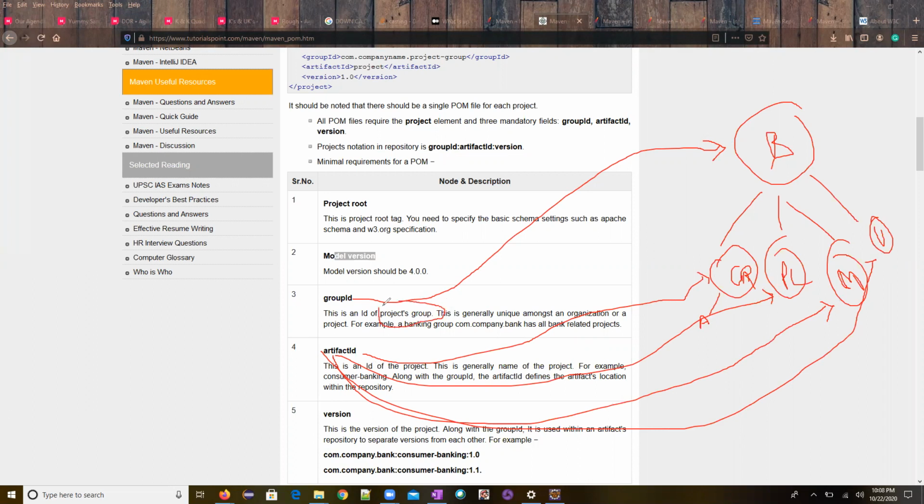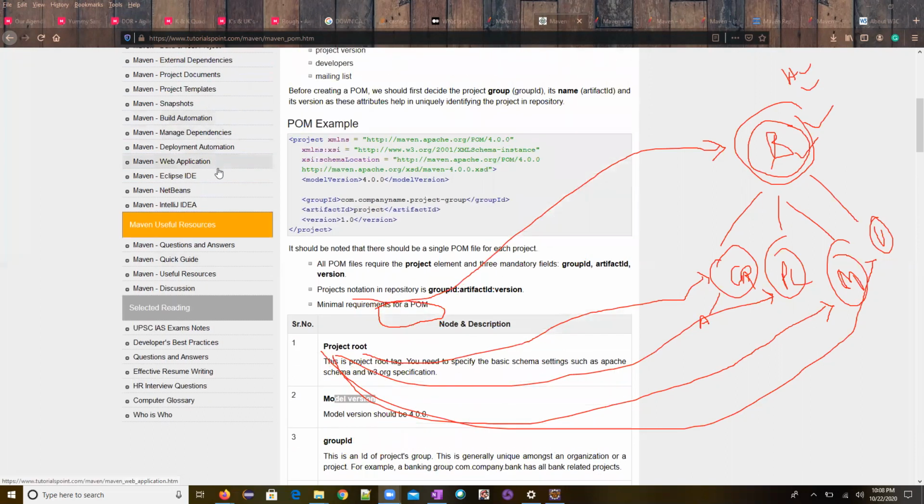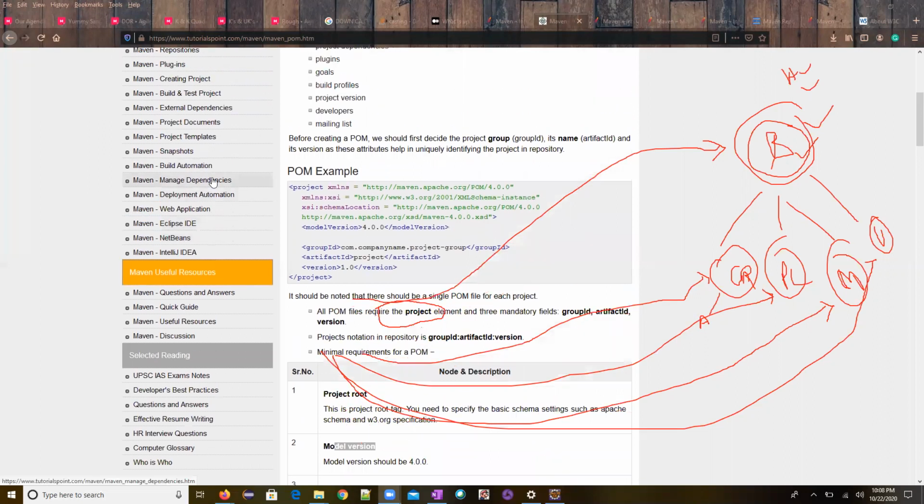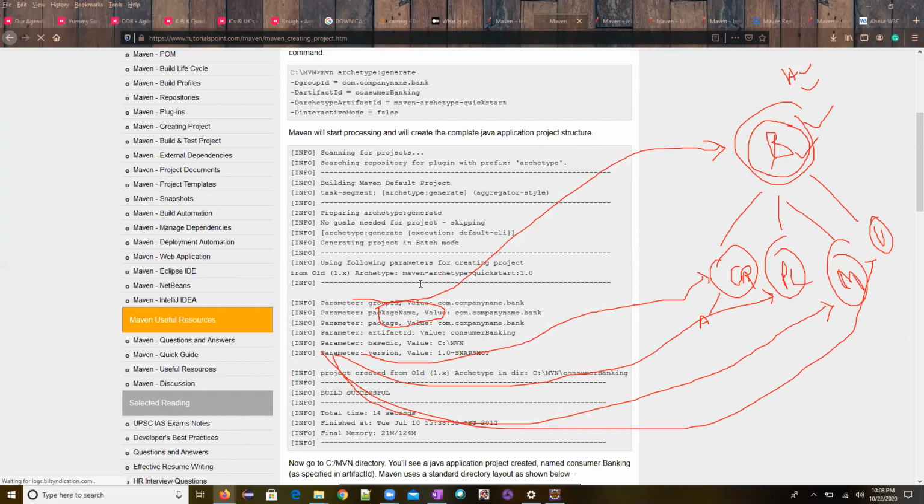The project group means whether it's a banking domain or the health domain, based upon the domains or upon the tools. A unique ID is created in Maven. When you create it in the command prompt, you can clearly understand what IDs are available. Anyway, I'll be giving you an assessment, so you can see it there.